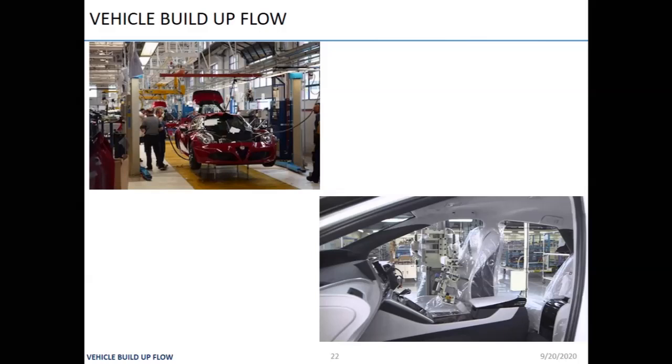Seats and doors are installed, and required fluids are filled in the vehicle. Why? Because fluids like screen washer, coolant, brake fluids, and any other fluids are filled in the vehicle, since they want to drive the car off the production line straight to the vehicle quality department for inspection. They also want to drive the car from department to department, so a little amount of fluid should be there inside.